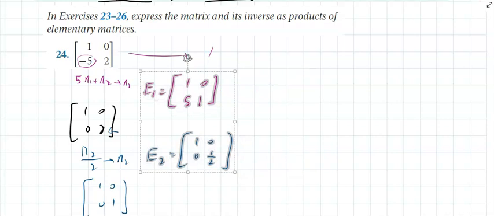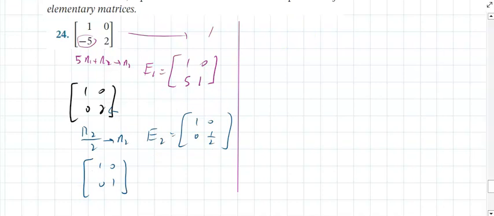Now, I could say this matrix A, I could take this matrix A. We applied E1 first to it. Then we applied E2 in that order. If I do that, I'll get the identity. So we applied E1 first and then E2. I get the identity. But I could also say, hey,